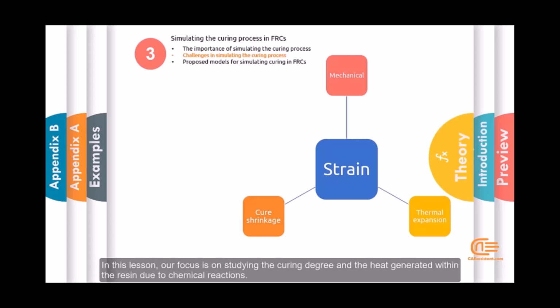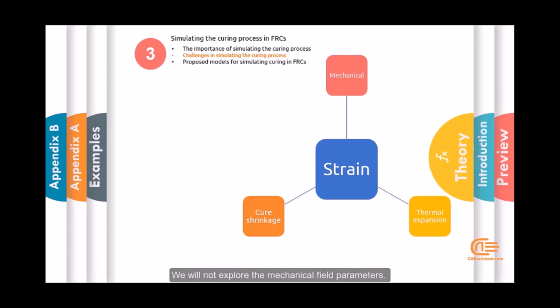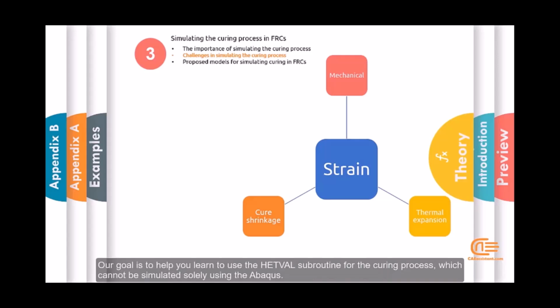In this lesson, our focus is on studying the curing degree and the heat generated within resin due to chemical reactions. We will not explore the mechanical field parameters. Our goal is to help you learn to use the heat-wall subroutine for the curing process, which cannot be simulated solely using Abaqus. Now let us proceed by introducing the models designed specifically for simulating the curing process in